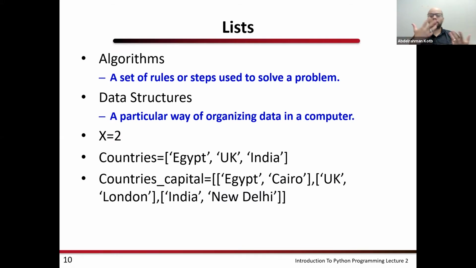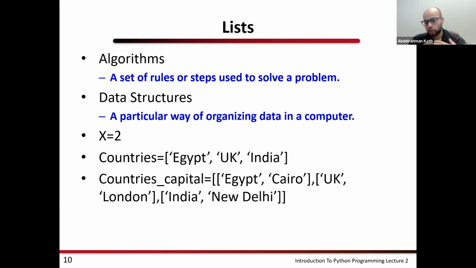What I mean by algorithm is that if I ask you, how would you change a word in a text file? You tell me, okay, the first step is you need to open the file. The second thing is read the lines, and then read the words, and then look for the word you're looking for, and then change it. This is what I mean by algorithm. It's the steps you want to follow, in words, before the coding.